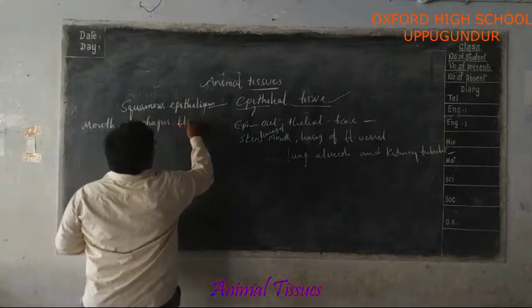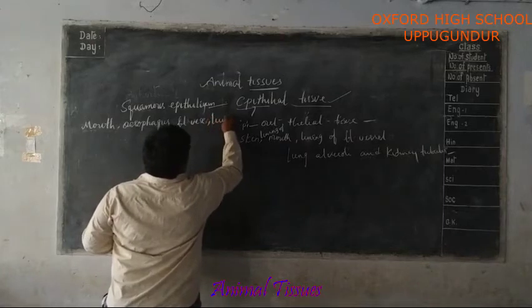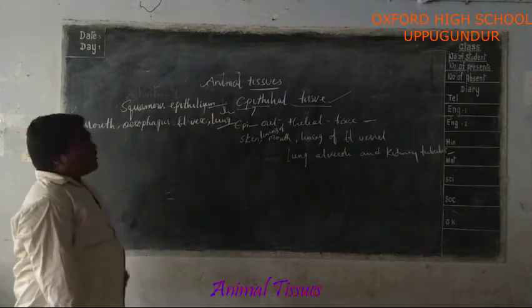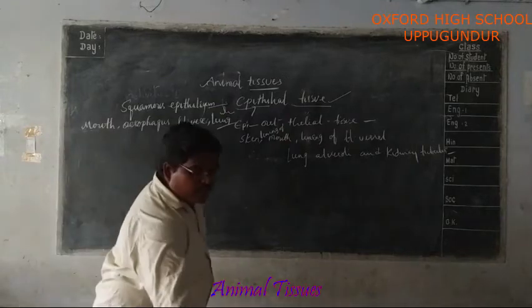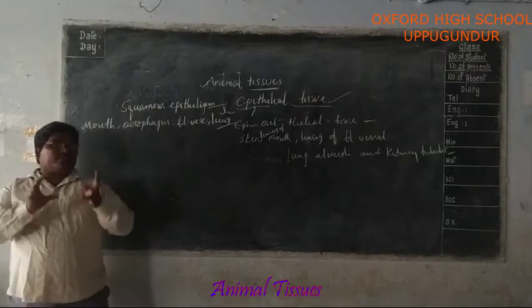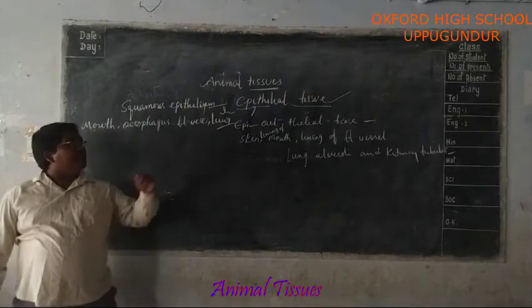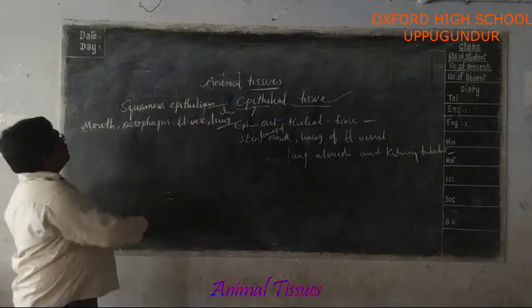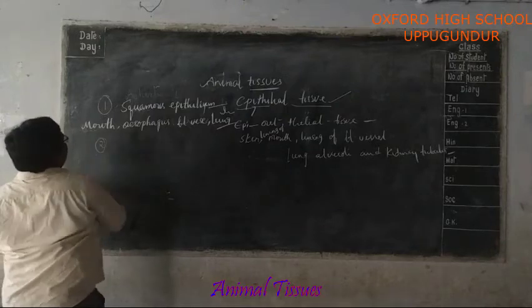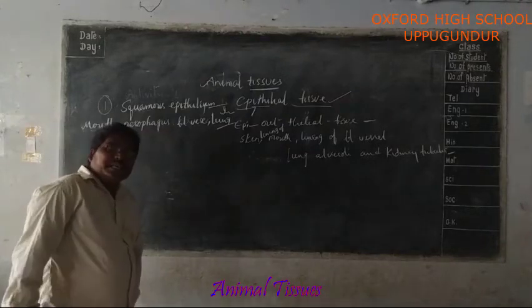Blood vessels, lung alveoli, kidney, lung alveoli, up to here. So this is squamous epithelium tissue. Do you understand? Epithelium tissue which is extremely soft and flat and forms a delicate lining is called squamous epithelium tissue. The first type of tissue, squamous epithelium. Okay, it is located at the mouth, esophagus, and the blood vessels and lung alveoli.